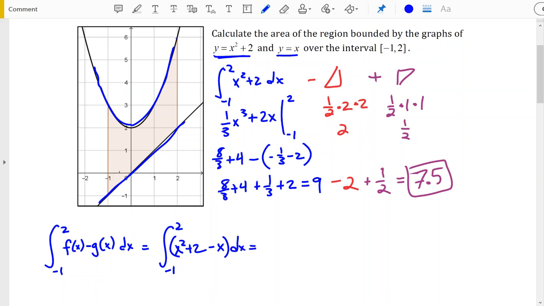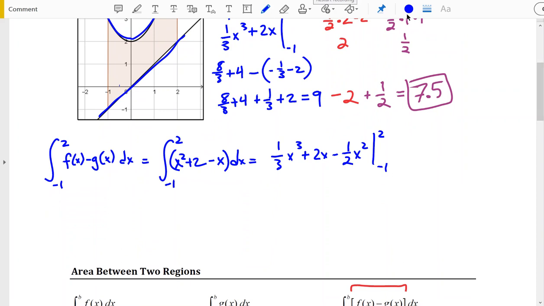Now let's solve and see if we get the same result of 7.5. So we get 1/3 x cubed plus 2x minus 1/2 x squared, and we're going to evaluate from -1 to 2. So first we'll plug 2 in, and we're going to get 8/3 plus 4 minus 2, which is 8/3 plus 2, or 14/3. That's plugging 2 in. Then we'll plug in -1, and we're going to get -1/3 minus 2